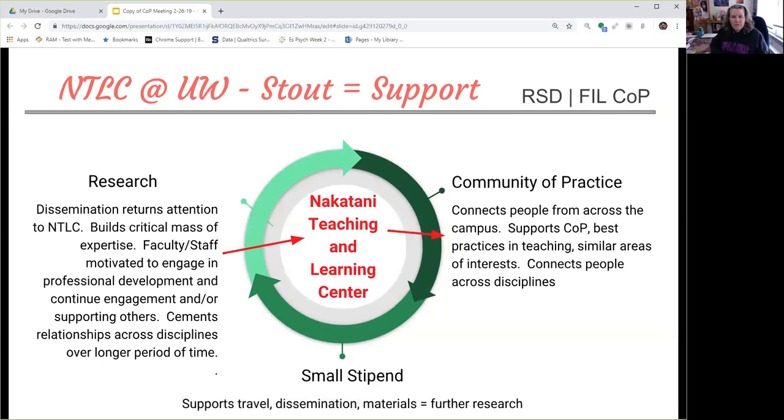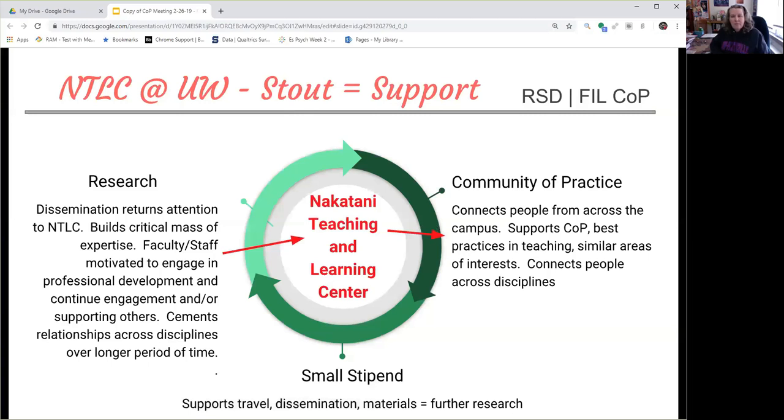So we right away were thrown in a group that worked across campus and across departments. Then what she does is she provided a small stipend for participating as well as for leading. It wasn't much, it was a couple $100. You don't get paid directly, but you can do things that support your teaching or research. So you can buy equipment, you can buy books, pay for travel to conferences.